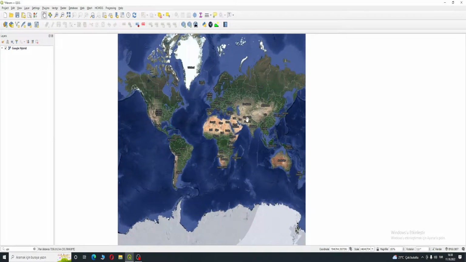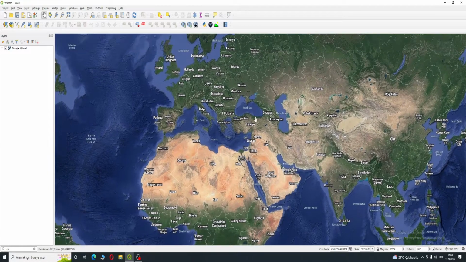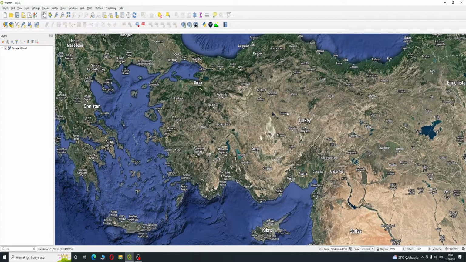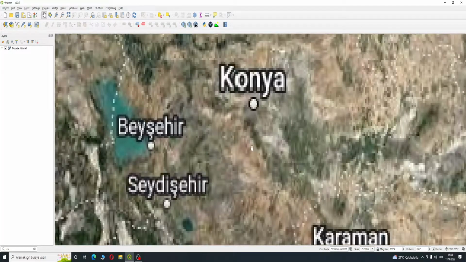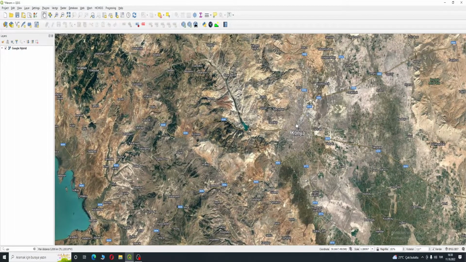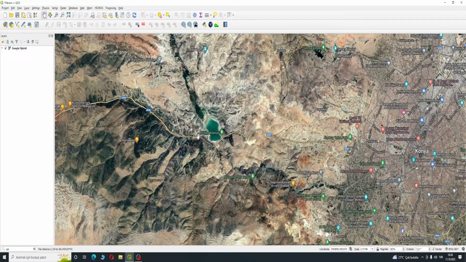So as you can see, we have a world map, and in our work package 2 we are working on the city Konya, and more specifically we are working on Altınapa Dam, and